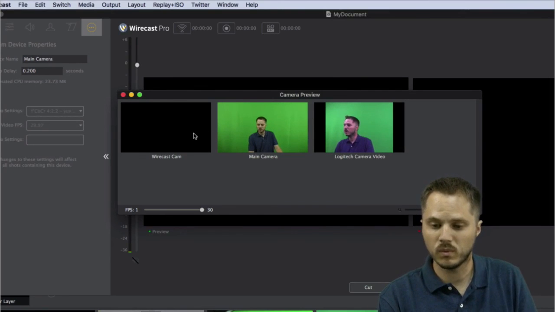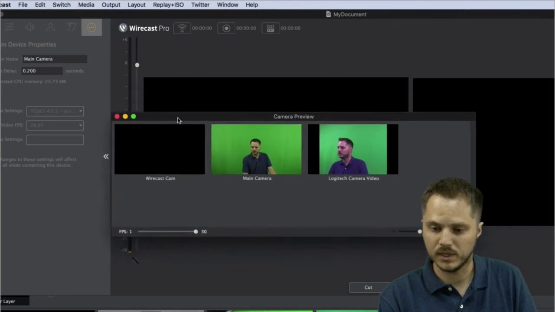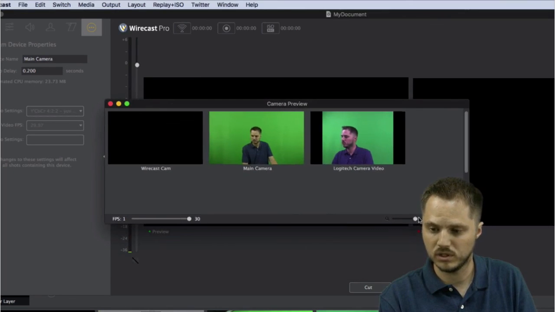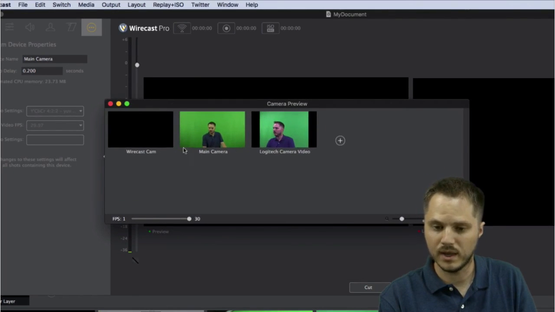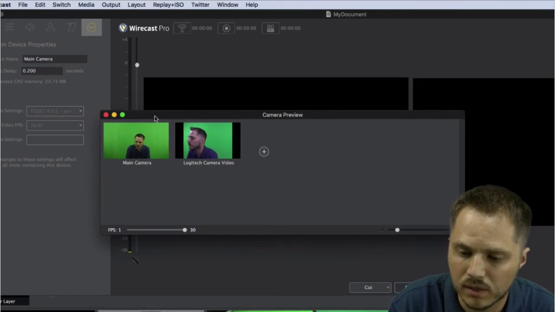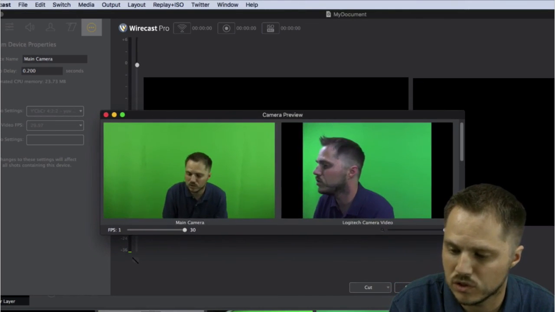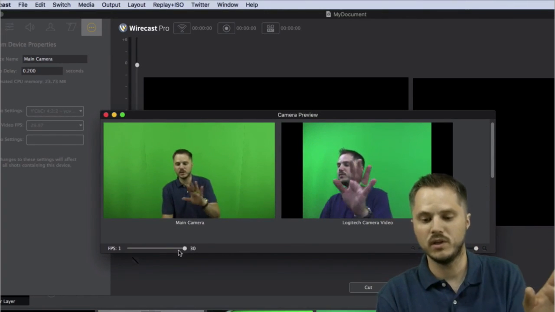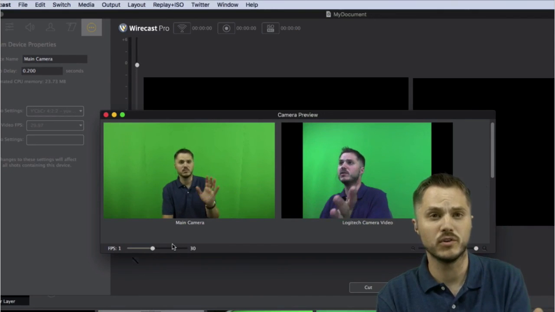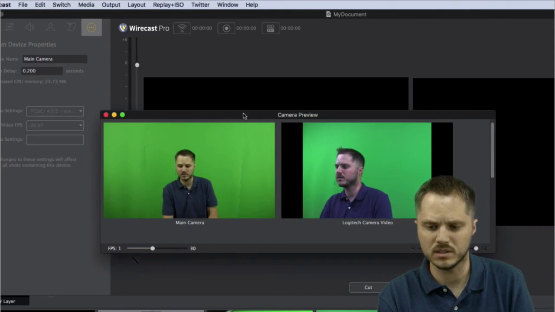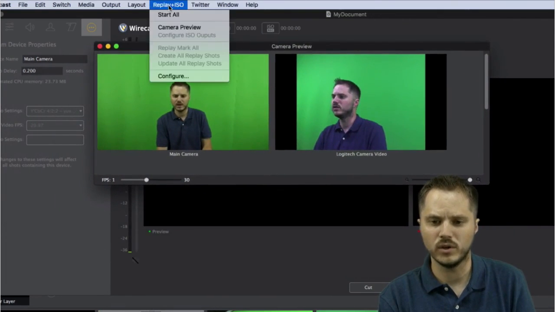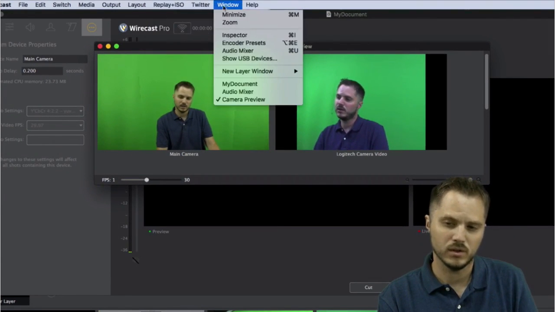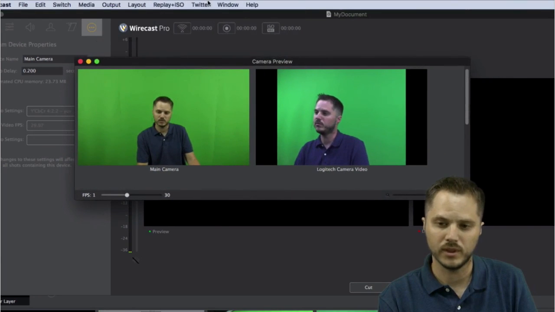So the ones that are hardwired look like they're doing fine, and no big deal there. Okay. Now, the nice thing about this is you can zoom them up to be as large as you like, and you can keep a real time. You can even slide the frame rate. This is in previous versions of Wirecast, I think 5 and 6 as well. It's just now it's located under this menu. It used to be located, I think, under the window menu before this. So that's one option for you there.